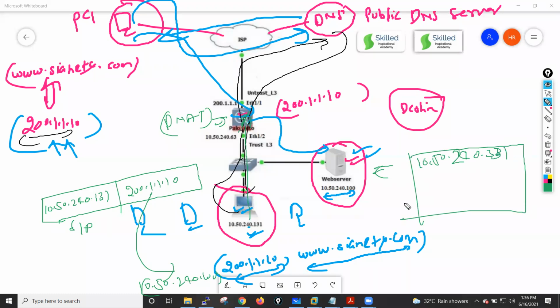This is the source IP address which he received, and the destination IP address he received is 10.50.240.100, right? Now when this server receives this request, it will reply to this particular PC directly, because the IP address 10.50.240.131 is in the same segment, so they can communicate locally.